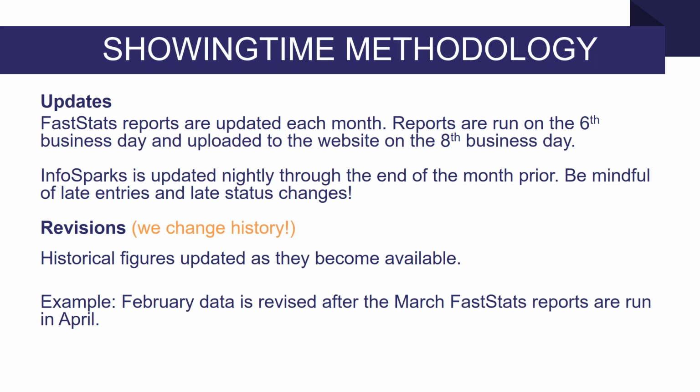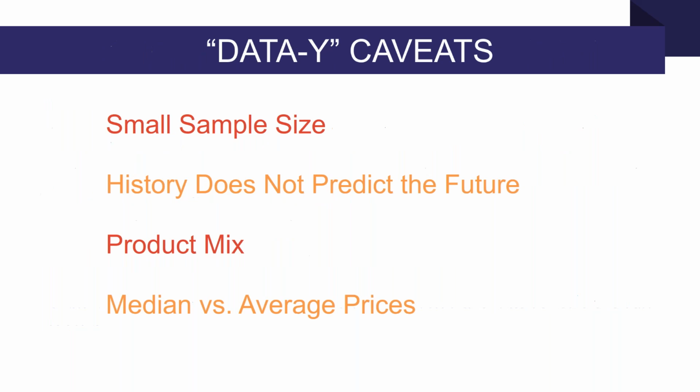All the PDF reports that we do in FastStats, those reports always reflect the most current information available when they're generated. So the numbers that are published for the March housing data in May, June, July, we're going to update that March data as well. So those numbers might change just slightly from the original month they were published to subsequent months. That's simply because we're updating the MLS data that we've received and making sure that the charts reflect that current information. A few caveats to keep in mind.